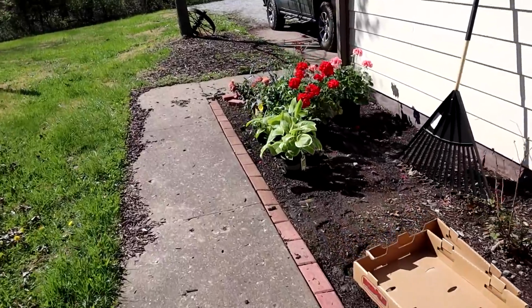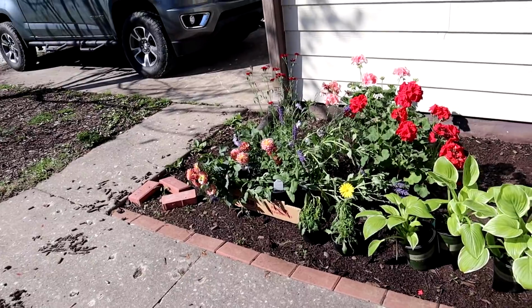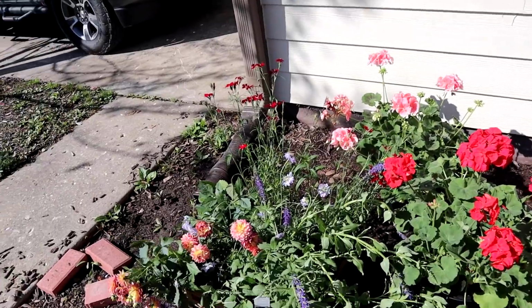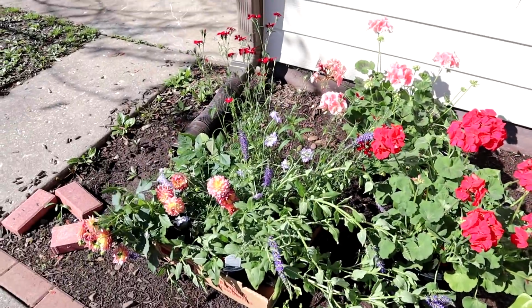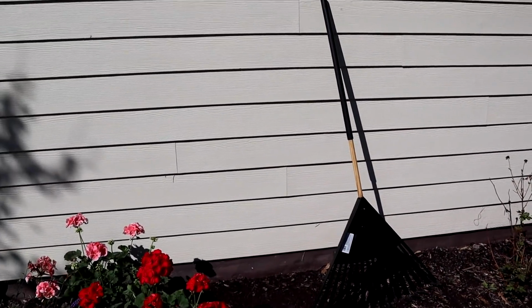These are all going to be a part of my little cottage garden in the front here. I need a lot more than this, so hopefully I'll be able to get out to the nursery again maybe next weekend, or if I need a break in the week, and get some more. Maybe I'll have a helper so that I can buy a lot. And I need to build the trellises, okay? So that is something that I need to do because that will fill in a lot of green space to have a bunch of